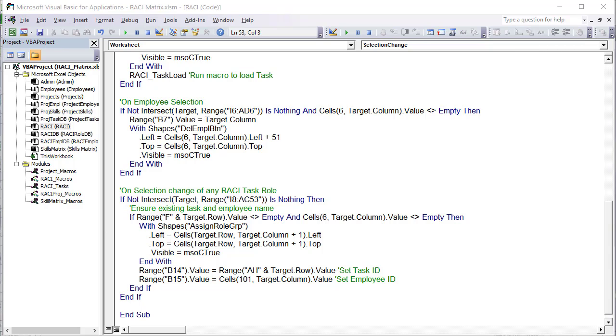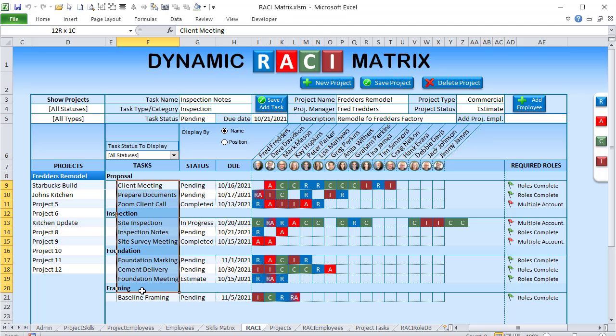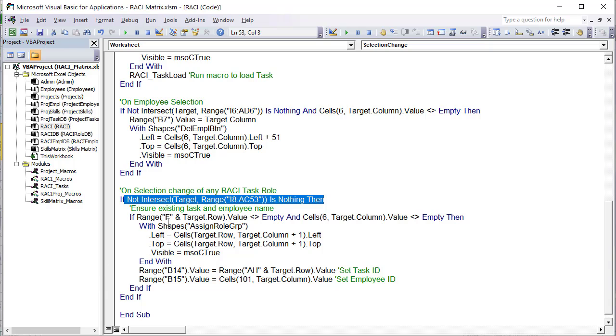I want to look in column F. Remember, F is where our tasks are located. This row 6 is where our employees are located. So we're going to check both of those. If F in the